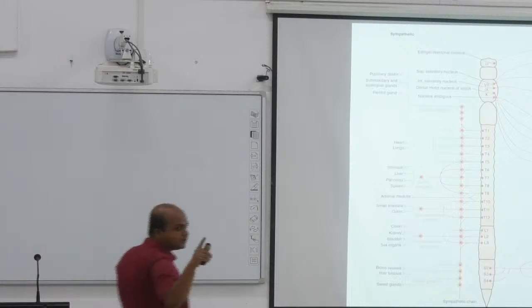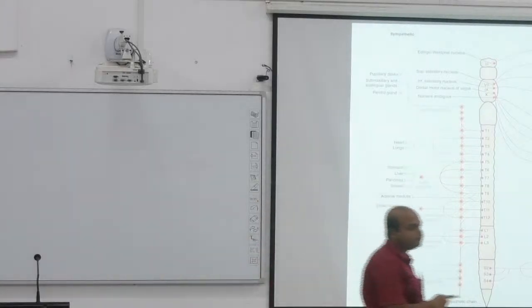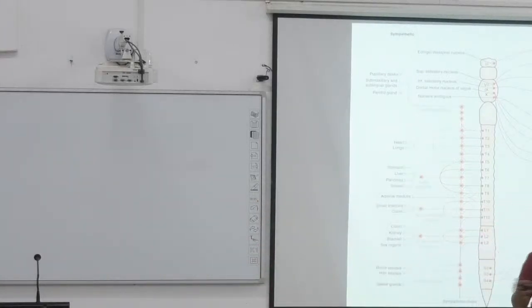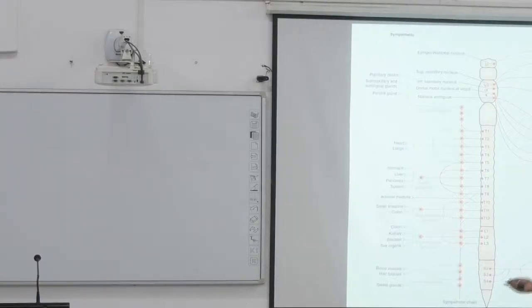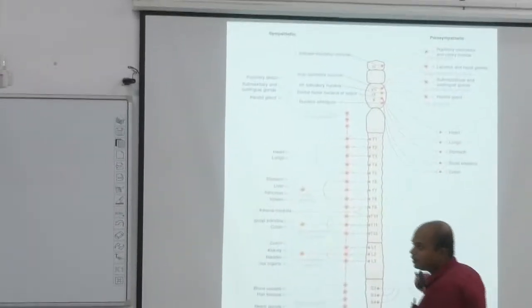The parotid gland is supplied by the glossopharyngeal nerve. Okay, in glossopharyngeal there is a P, so remember P for parotid. Parotid is by glossopharyngeal, the rest of the salivary glands are from facial. 10th nerve,